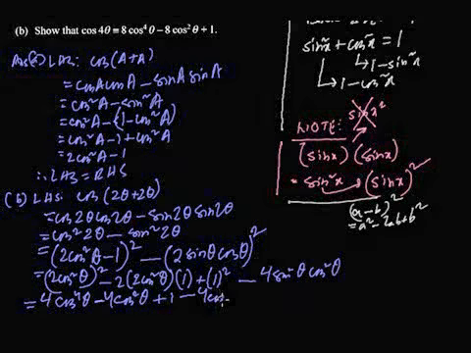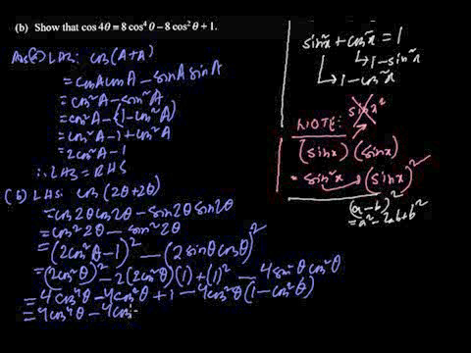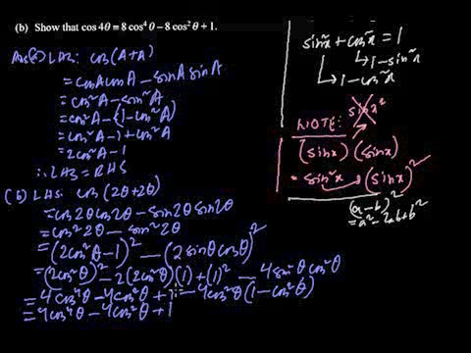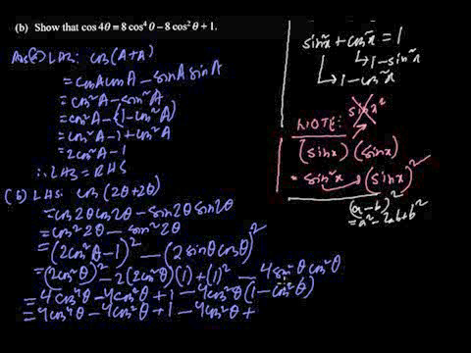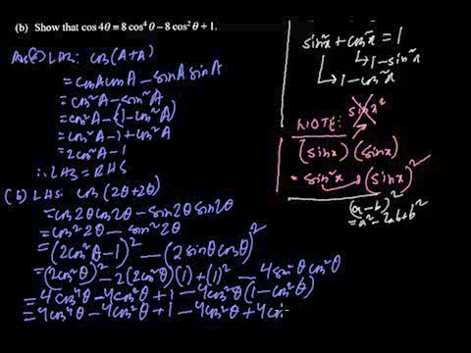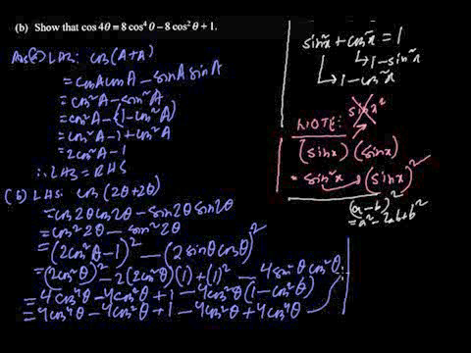So we are getting 4 cos to the power 4 theta minus 4 cos square theta plus 1 minus 4 cos square theta into 1 is 4 cos square theta, minus minus plus 4 cos square theta into cos square theta is going to be 4 cos to the power 4 theta, and the final line is going to be,